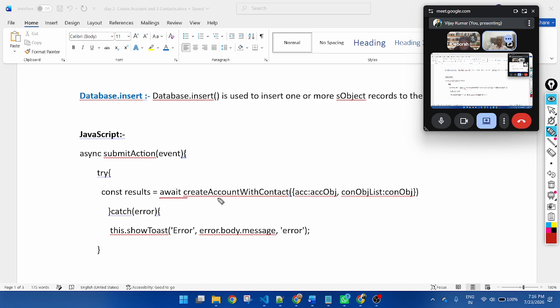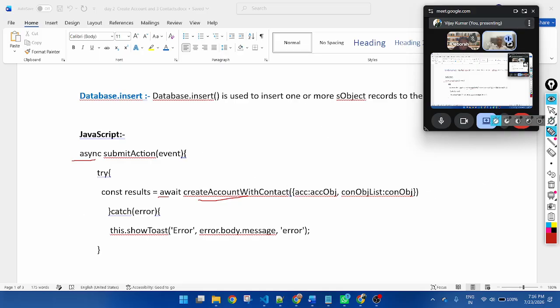Await is applied before a method that is imported from the Apex controller. So before this method, we will use await. Always remember, async is always used before the action function and await is applied before the method that is imported.